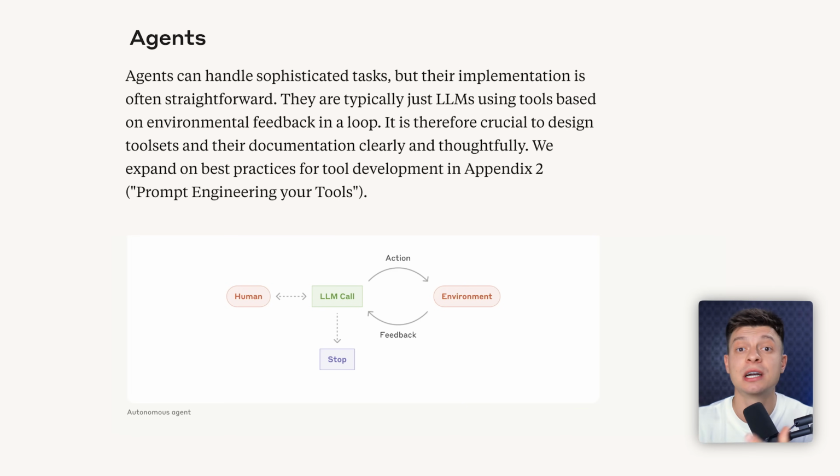That said, this level of autonomy comes with trade-offs, as everything in life, right? Things like higher cost, slower response time, and a greater chance for errors to stack up. So if you have to use this pattern, you'll want to test everything carefully in a sandbox and set some kind of guardrails to make sure the agent doesn't go